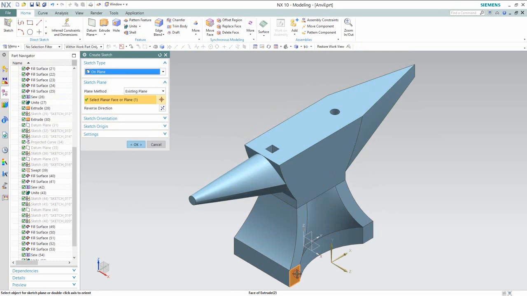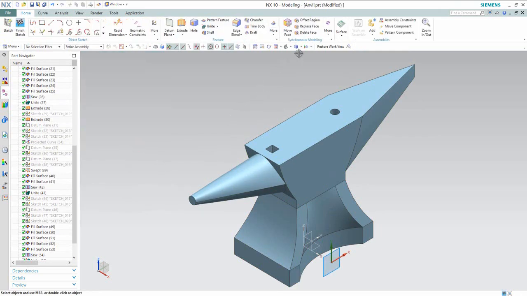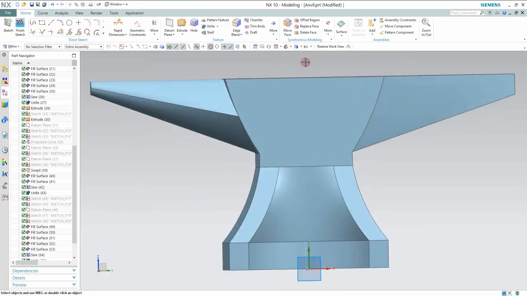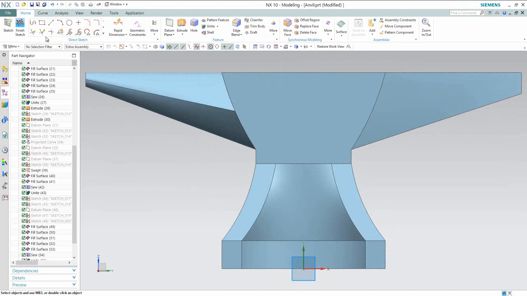Start the sketch on this face. Start the line like this.